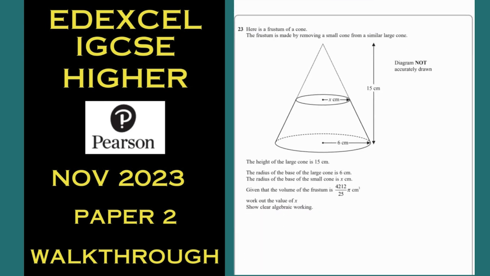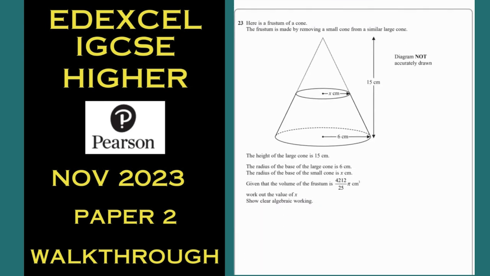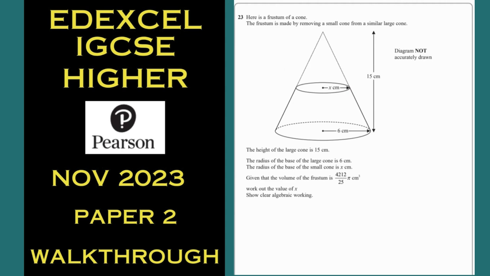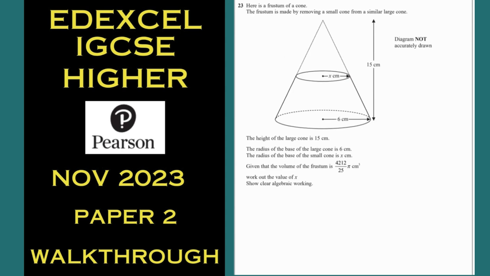Question 23. Good old frustum, they come up all the time, but they're not as bad as you think. The key to these questions, before you read all the waffle, just look at the diagram. I'm not too sure what that X is. But problem, I don't know what that is. But because they are similar,